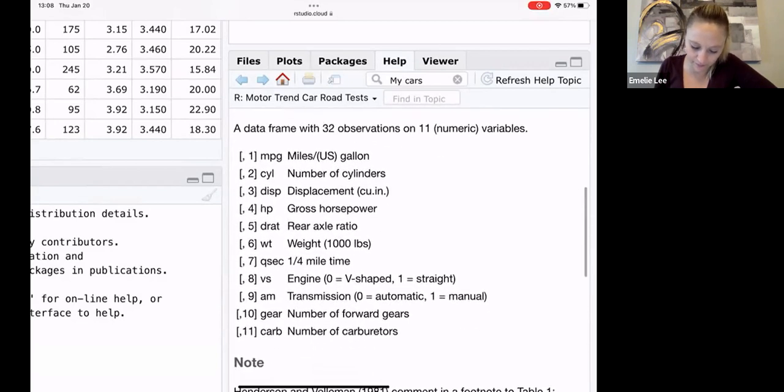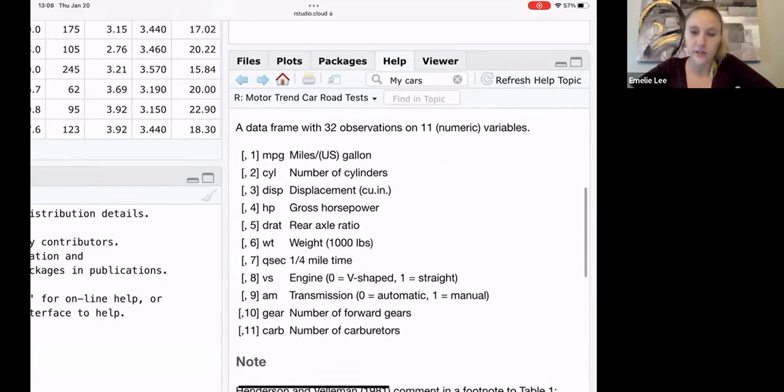So there are 11 variables. Don't be fooled by the numeric, because they are numeric in the sense that they are all numbers, but they are not all numerical variables. So there's a difference there. So the miles per gallon,